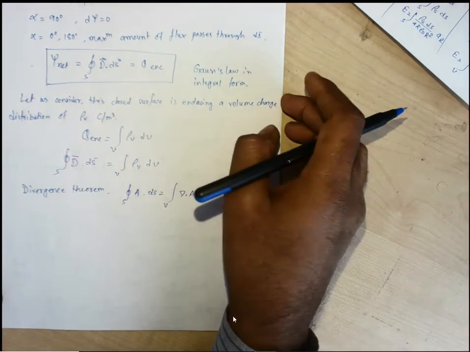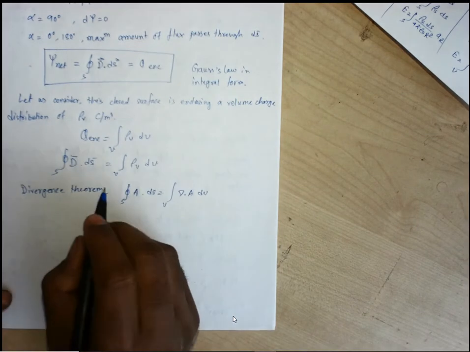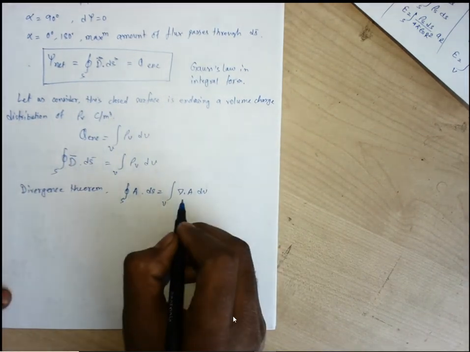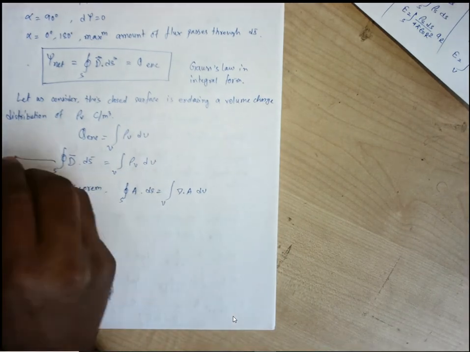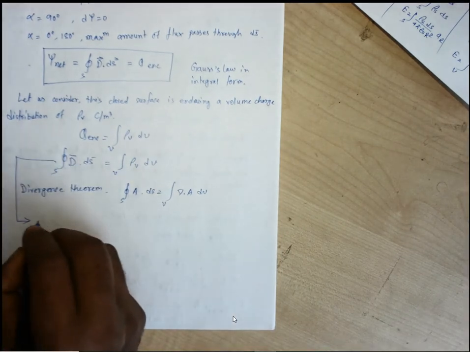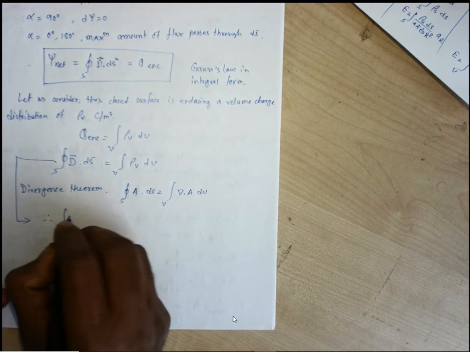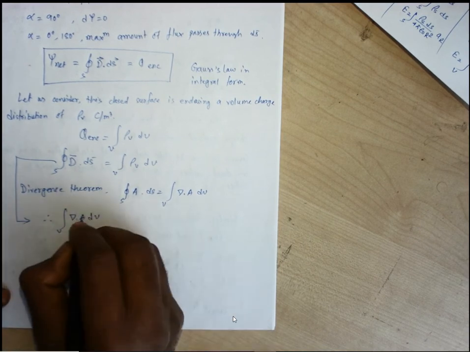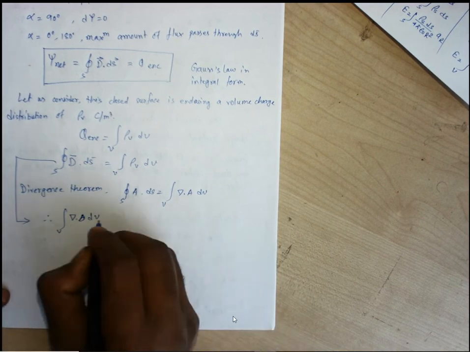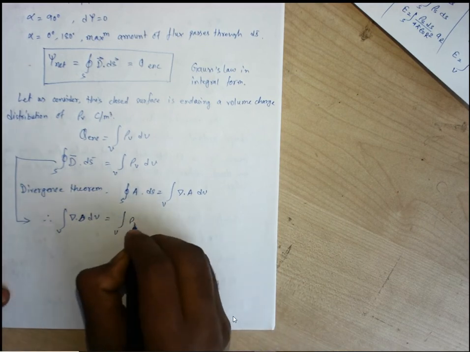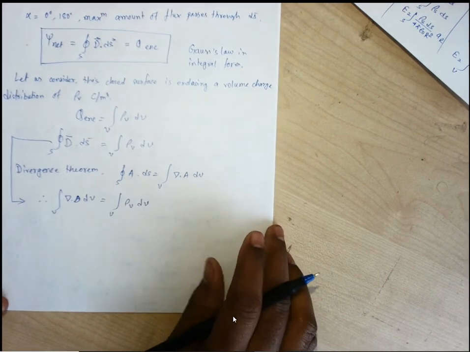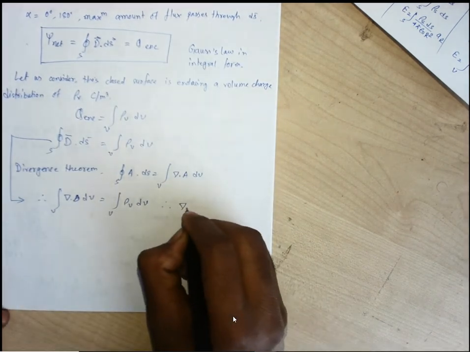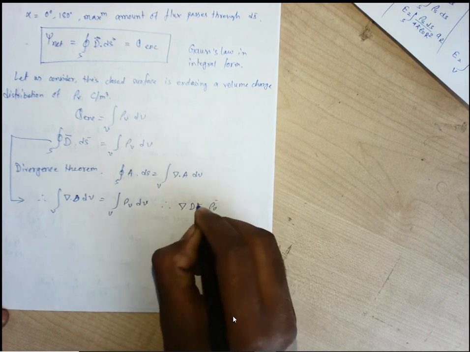In that book it has been written quite elaborately. So we can apply this divergence theorem here. This closed surface integration can be replaced by this divergence. So from here we come to the expression: volume integration of del dot A dv. It is not A; for this case it is del dot D. Volume integral of rho v dv. So volume integration on both sides can be cancelled. Then we have del dot D is rho v. Both of them are vectors.